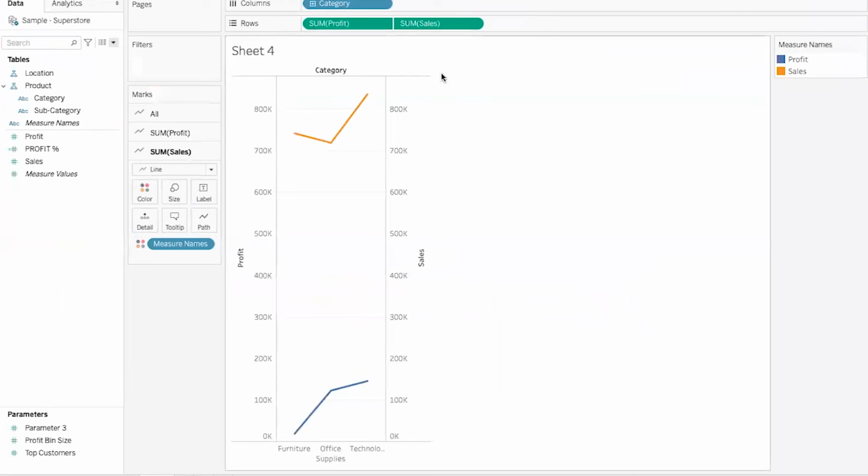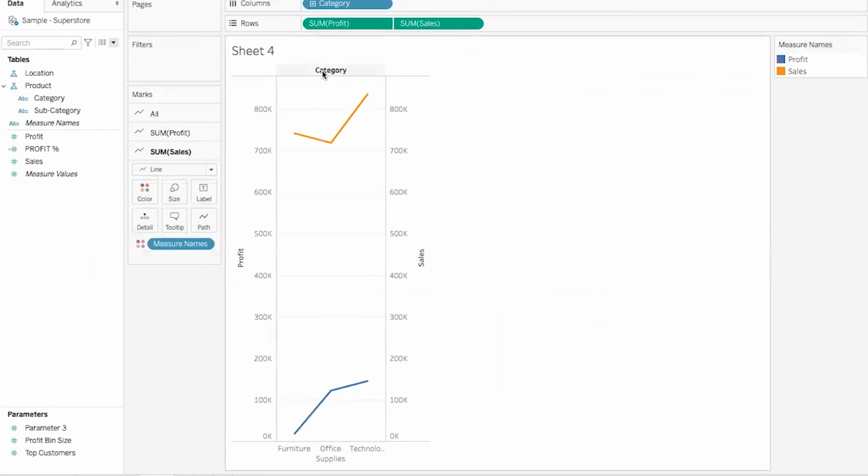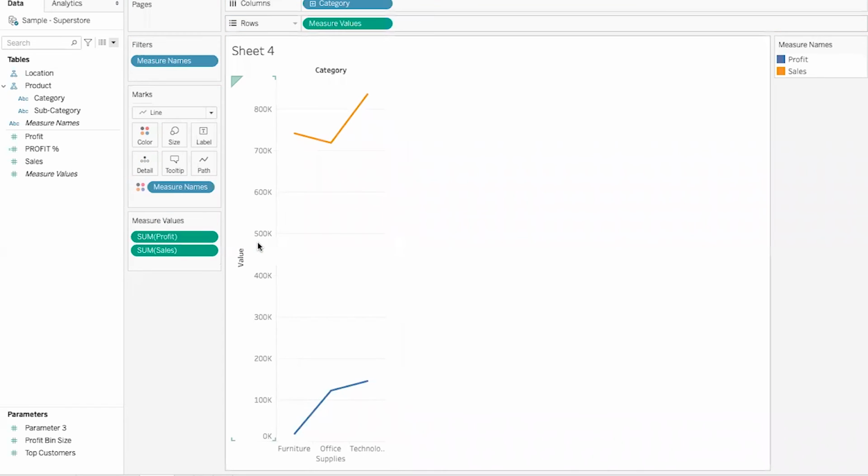Let's jump over here. You can see, suppose I just remove this one. We have a profit. We have a single axis, right? In the dual axis case, you can see there are different axes over here. One is sum of profit, one is sum of sales. But suppose you don't want two axes, you want a single number of marks over here. What you can do, you can simply drag this one, put it over here. Now there is only one axis where you are showing both the values,